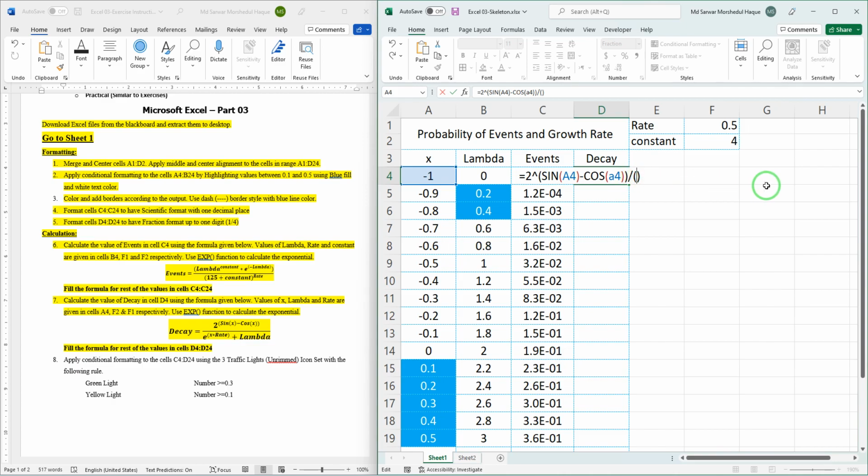denominator. So e to the power x multiply rate, so we have to write exp, and then x is a4, multiply rate is f1, and we have to put dollar symbol for that. Okay, so this is the first part of the denominator, e to the power x multiply, this will be multiply, not plus. Okay, so multiply rate, then plus lambda is b4,